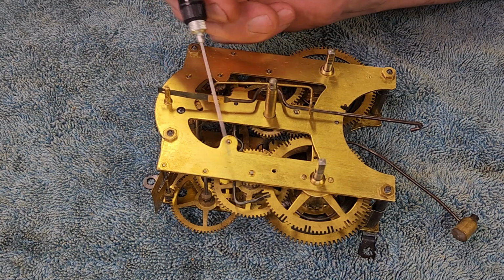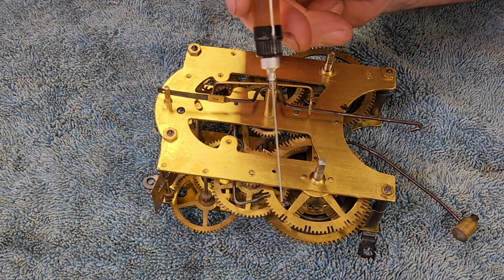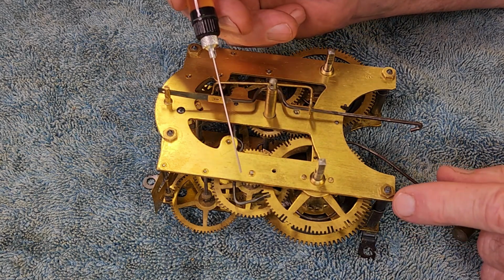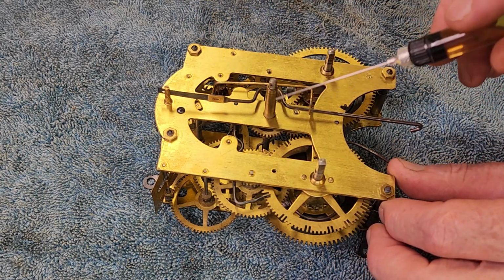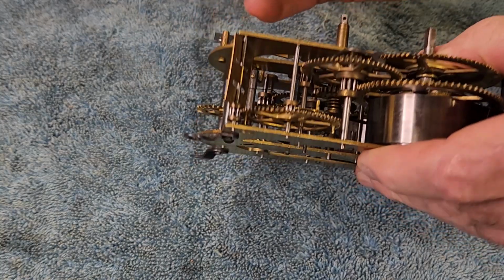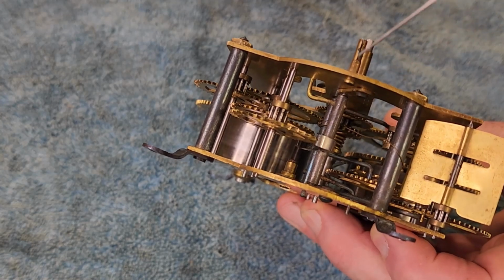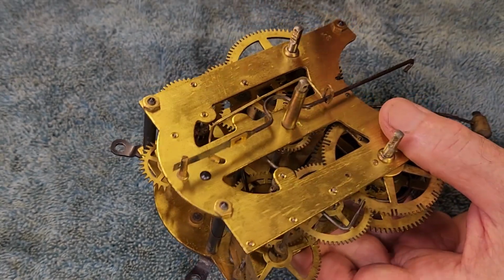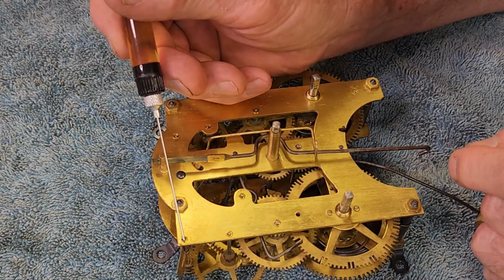We have to oil both sides of the pivot, so we'll start on the front plate here. You don't oil any of the wheels themselves, any of the teeth. They're brass. Brass is a soft metal. They're designed to run dry. The only other spots you put some oil, I'll put a little bit around the center hour tube, and a little bit on the pellet, the actual part that tick-tocks back and forward in here, just a little bit on the face of the pellet on each side. But we don't oil any of the pinions, any of the teeth, just the pivots and the few other bits I mentioned. So I'll go ahead and run around that now, and we just want a dot